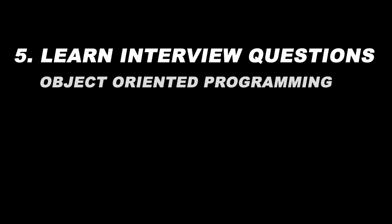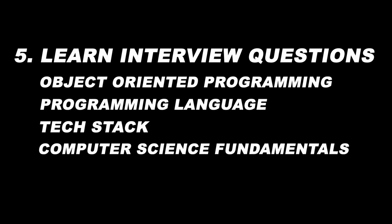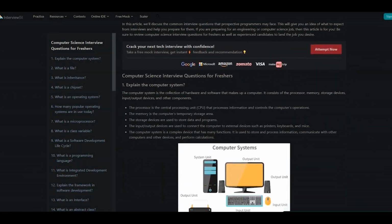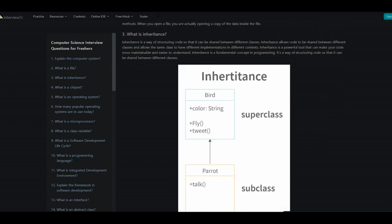the basic requirement. The final step is to learn interview questions related to the following topics: object-oriented programming, the programming language you just learned, the tech stack you worked with, and computer science fundamentals. These topics are common to every software engineering interview, and learning these will increase your trust factor even more. I recommend learning interview-based questions because learning them is much faster, and if you don't understand something, then you can